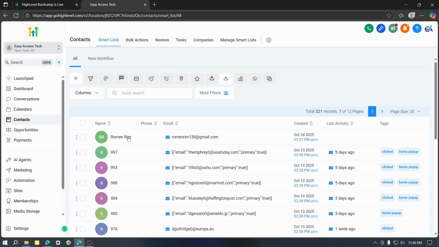Basically, this is how you can easily merge duplicated contacts and keep your dashboard very clean to work and